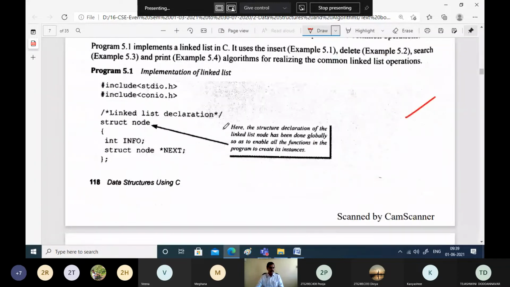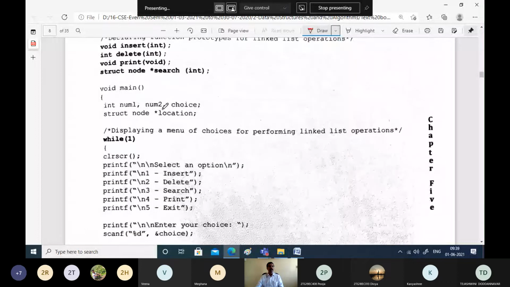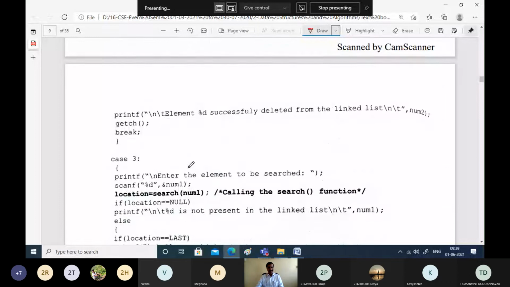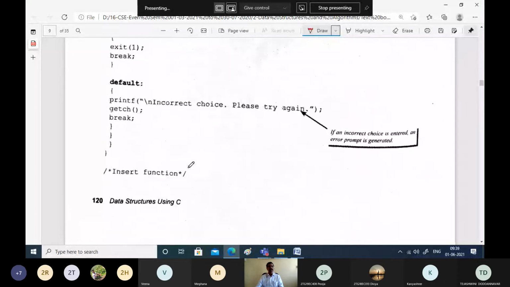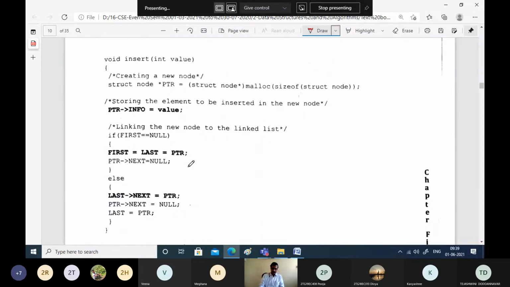And after this, we have seen how these functionalities work, how the main function is displaying all the options for the user, and the user will be selecting the proper choice. And we have seen the insert function in the previous class. That means in the previous discussion, we have seen how a node can be inserted into the existing linked list.